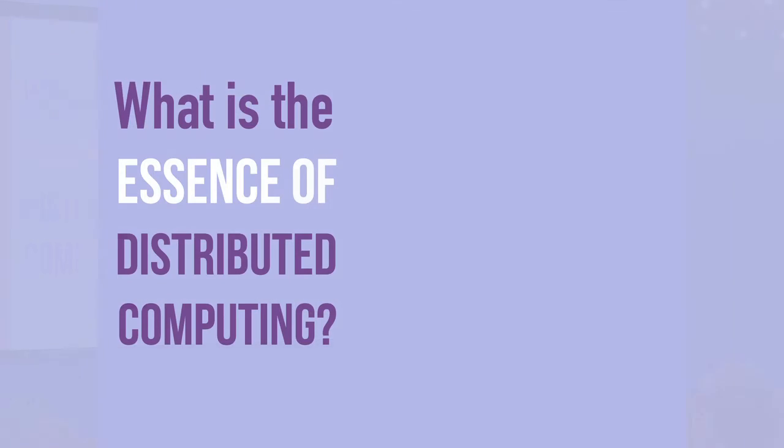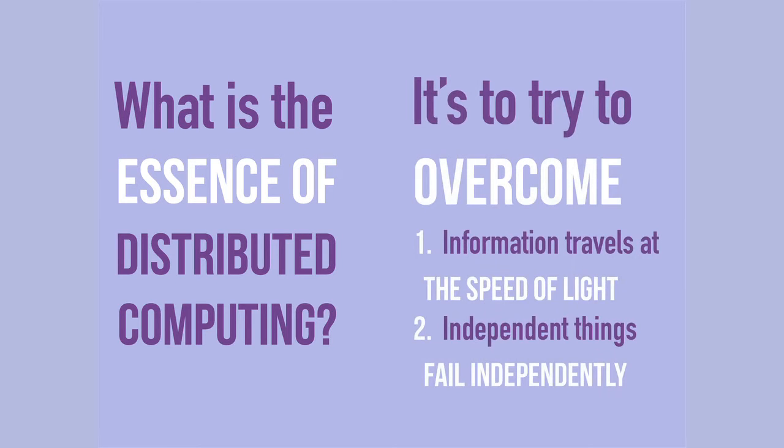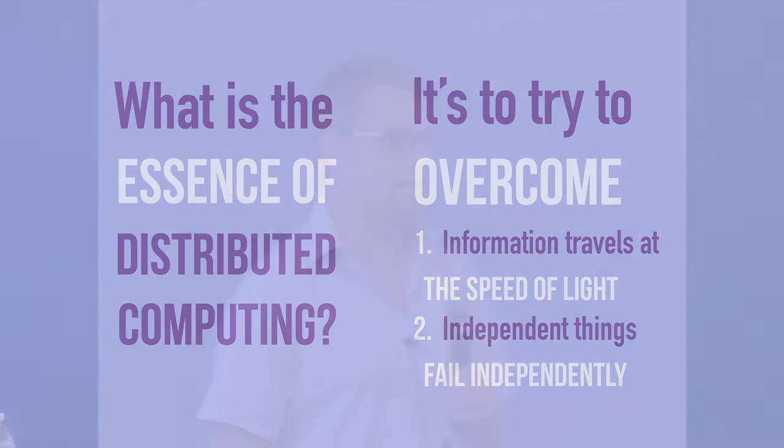Okay, so what is the essence of a distributed system? If we try to nail it down, it's been said that it tries to overcome two things: that information travels at the speed of light. That means that we have latency in communication that becomes very apparent, that we didn't have when we ran just in process, with regular method dispatch. It's not that clear, but latency becomes a big factor in how we have to design our systems today.